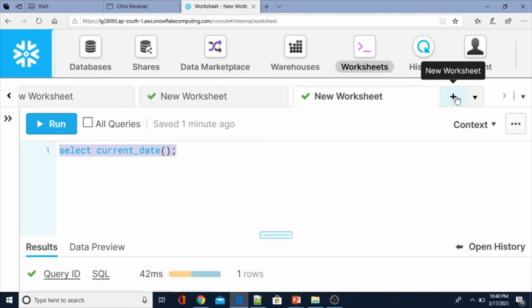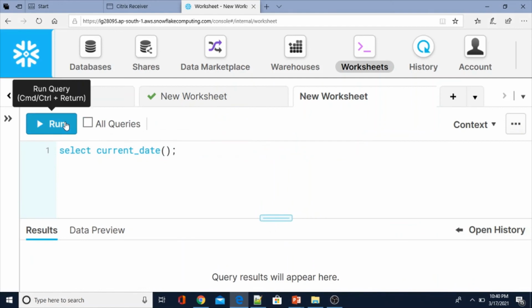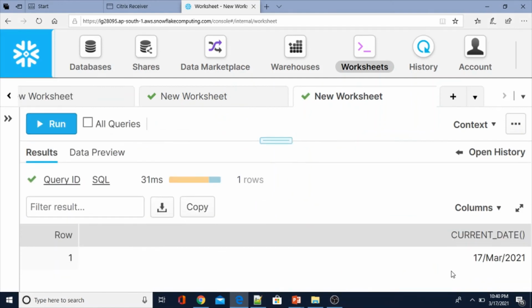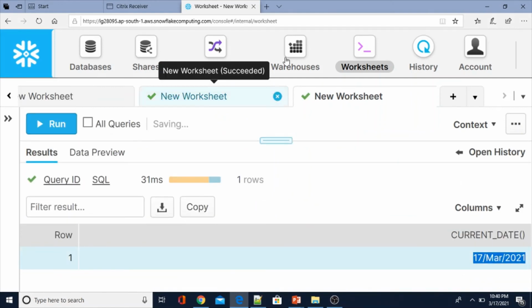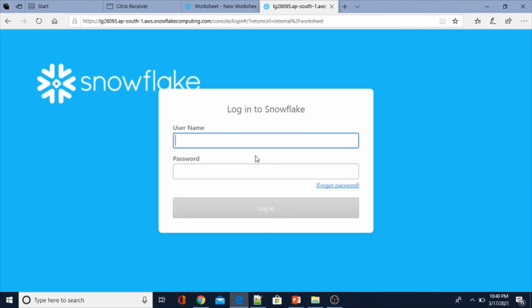Now I will open a new session. If you execute now, you will see the changed one. Okay, this is the one. Now let me connect with another user, user 2.